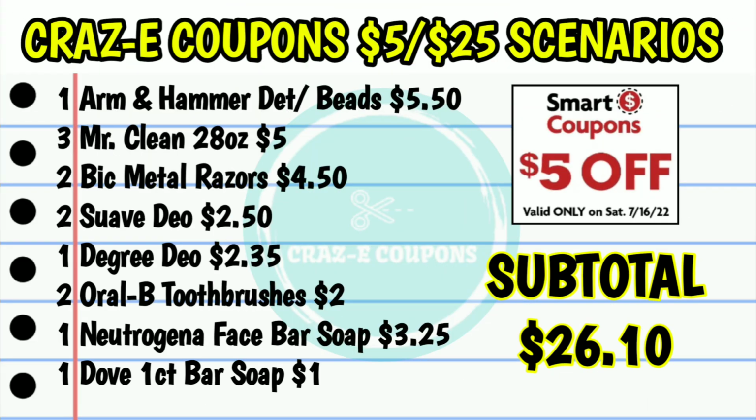Now, let's go ahead and get into this $5 off $25 scenario for this Saturday, July the 16th at Family Dollar. So for this deal, you want to pick up one of the Arm & Hammer laundry detergents or the Scent Booster beads at $5.50, 3 of the Mr. Clean 28-ounce multi-purpose cleaners at $5, 2 of the Bic razors at $4.50, those are $2.25 each,